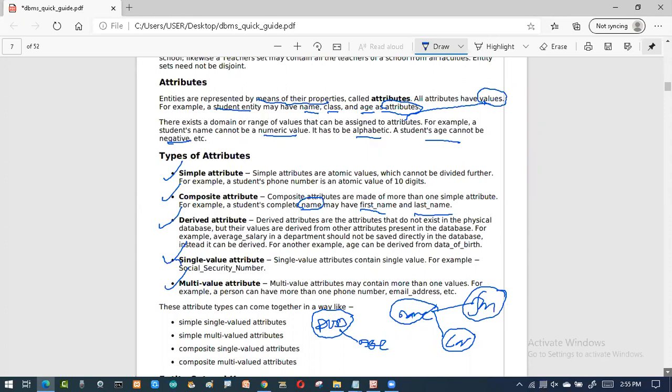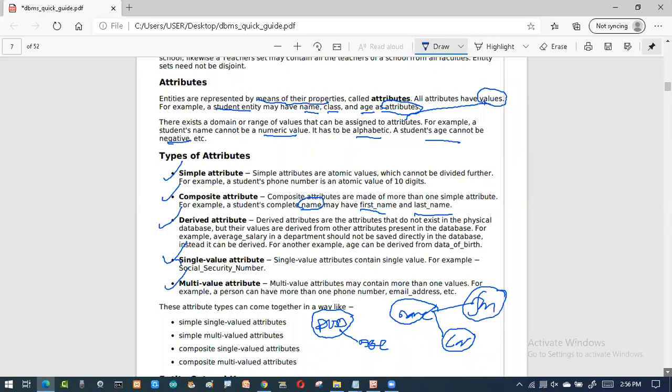If I say 1976 is my date of birth, then accordingly it will say that you have crossed 45 or 46 years. If I say 1920, then it will say that you have passed 100 years. So how is this changing? Whatever age I get, 12 years, 10 years, 15 years, 100 years, the end result comes from the date of birth. That means age depends on date of birth. The attribute which depends on another attribute is called a derived attribute.